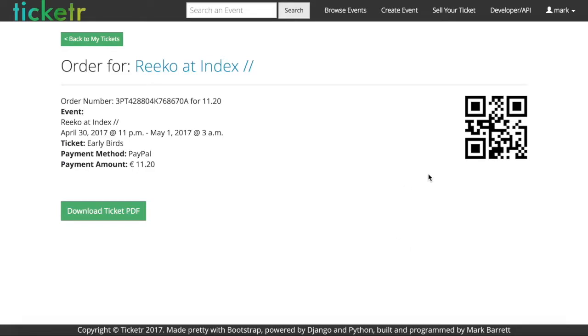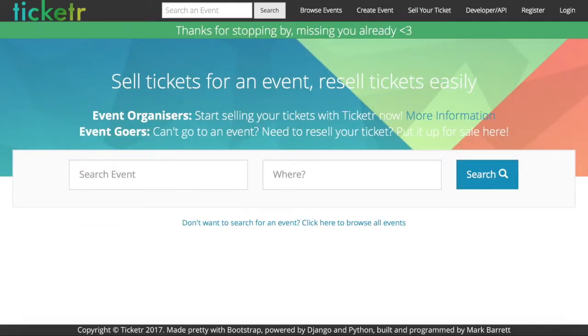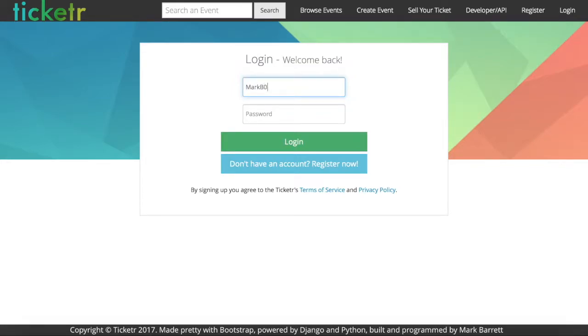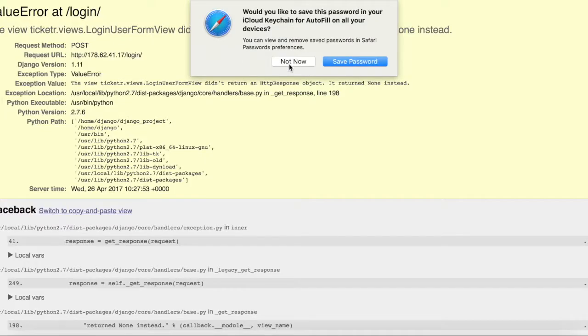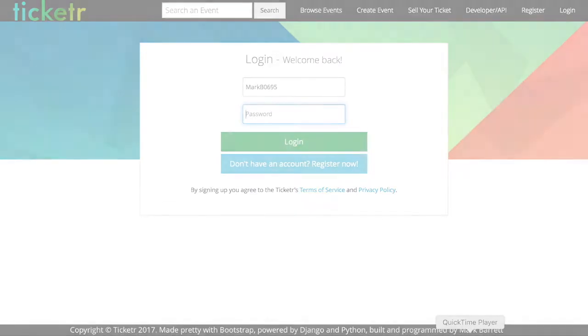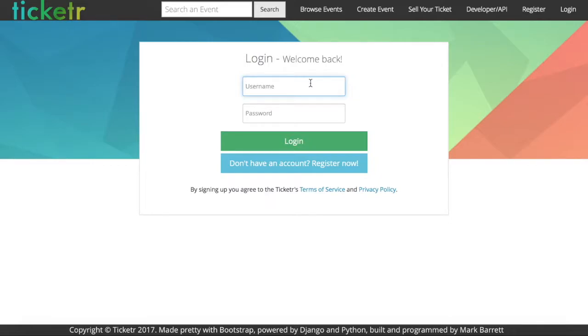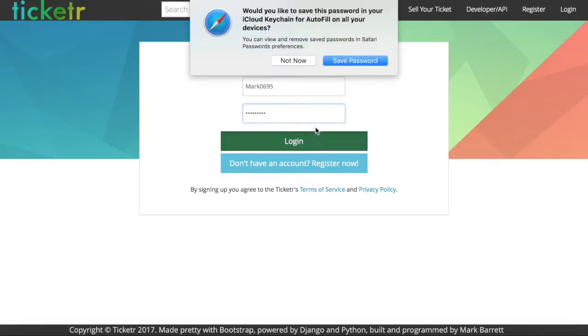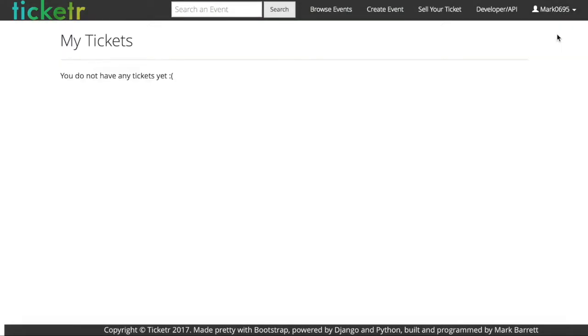And just to show you that it has actually worked, I can log back out of this account and show you that I probably won't have any tickets in the other account. Oh, sorry, that's... So now I'm going to log into the original account, which is this one, and I am going to see if the ticket has been removed, which it definitely should be. So now it says I have no tickets yet, so I have no access to that anymore, but that's where the ticket was.